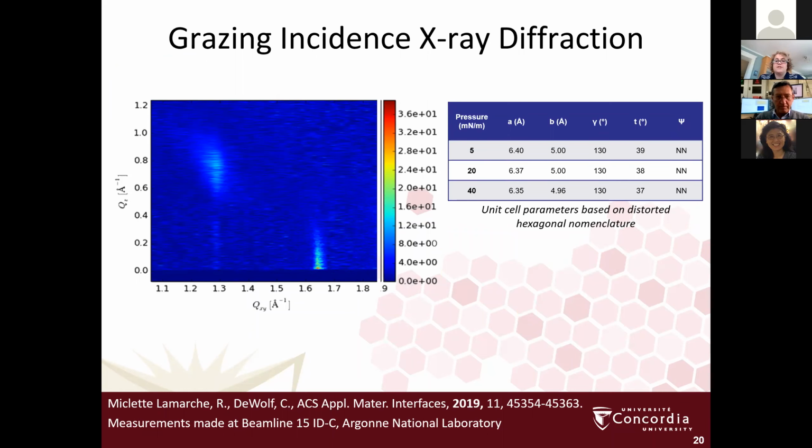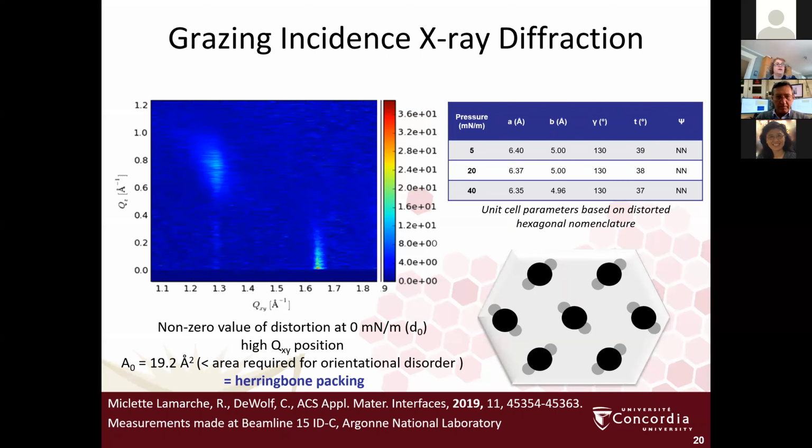One is the very high QXY position of this peak that is closest to 0 QZ, and the associated A0 value, which comes out to 19.2 square angstroms,